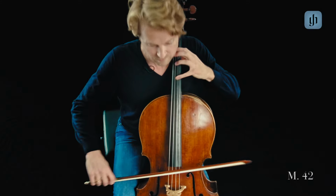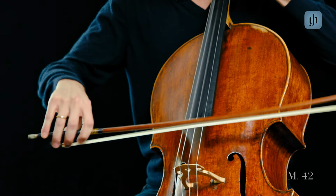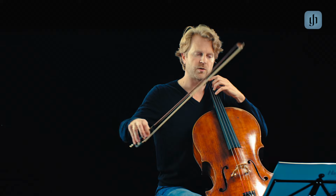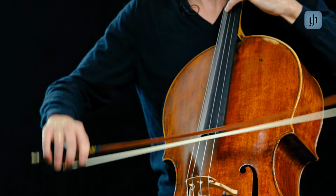So why do I stop here in bar 42? What I have in my music is a crossed accent. So it means don't play an accent there. Don't play, because this is a light beat. And the scale afterwards, the scale that starts on the A, bar 42, doesn't start here, but